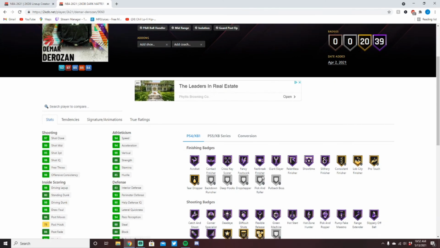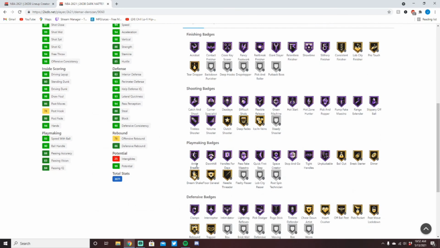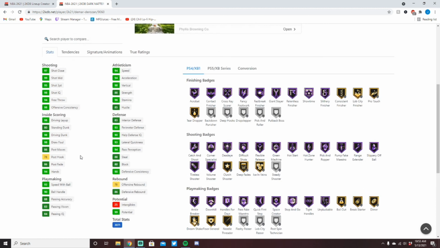Hall of Fame Showtime, flexible, range extender, hot zone hunter, ankle breaker, downhill, quick first step, unblockable. Ankle breaker is a nice badge, by the way. That's a badge that we haven't seen on a lot of cards on this list. Ankle breaker is a really, really nice badge. I like that being on Hall of Fame. That helps this card. Also, Hall of Fame clamps, interceptor, intimidator, pick dodger, pogo stick, 94 speed with ball, acceleration,